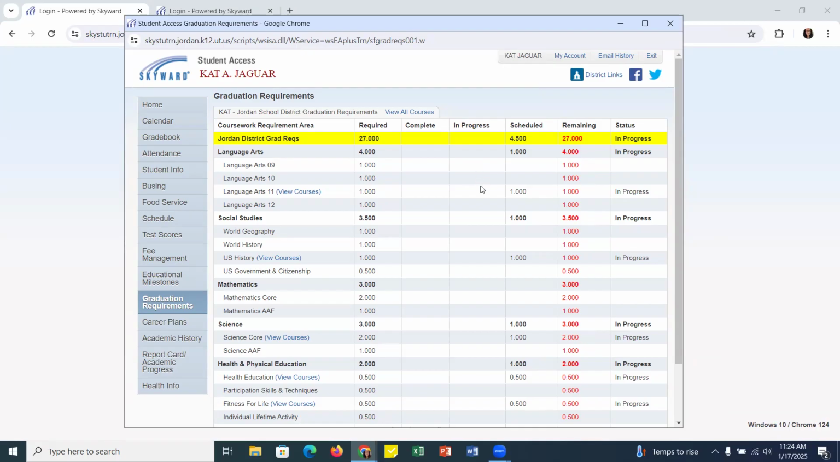So if you do end up failing a class, let's say during a quarter, and you notice that this red number goes up a little bit, that's why, because the in progress category just assumes that you're going to pass everything. All right. So then over here, once we've looked at our grad recs and we kind of see what we might still need in order to graduate,